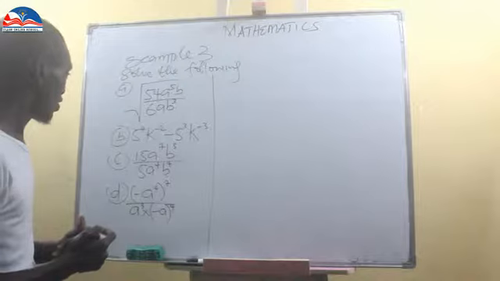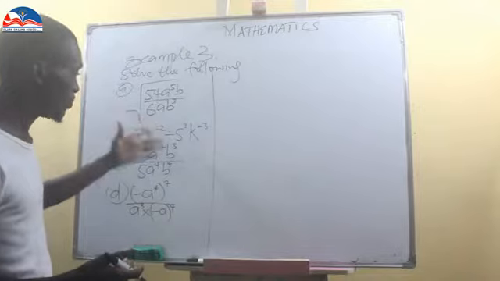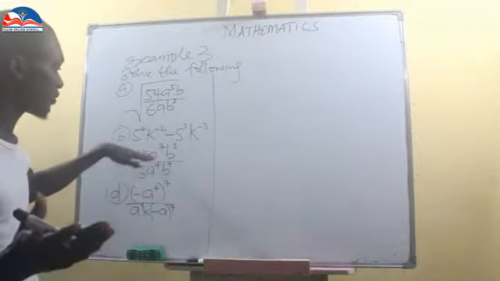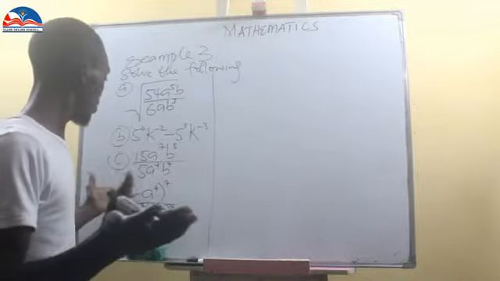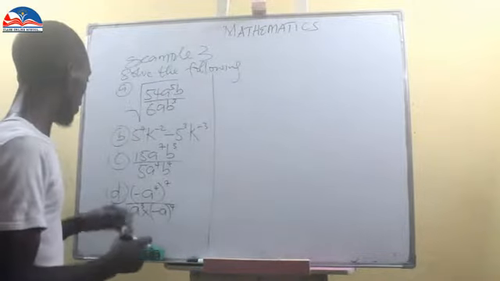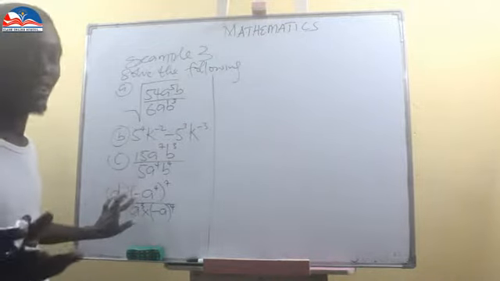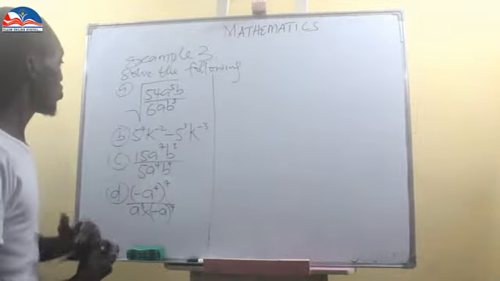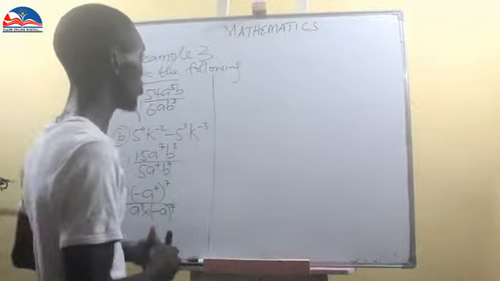Now question C, we have 15a^7b^3 over 5a^4b^4. Then D, we have (-a^4)^7 over a^3 multiplied by (-a^4). So I told you that when you are to carry out operations in indices,